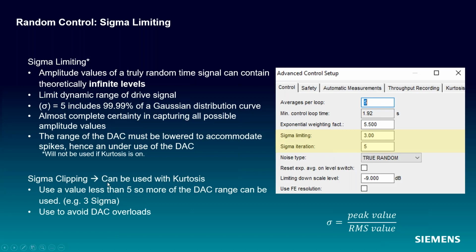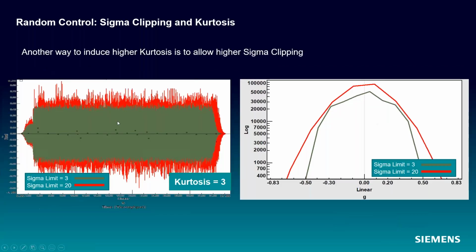and having an abort. Now, that 8 sigma peak is 0.01% of the time, so it's very statistically unlikely to happen. However, if it does, it can abort your test. So with Gaussian random distribution, 5 sigma limiting includes 99.9% of all the peaks that we're going to get statistically, and rejects any peaks more than 5 sigma, which statistically are unlikely to happen, but could potentially happen. We're basically just increasing certainty and capturing all the amplitude values.